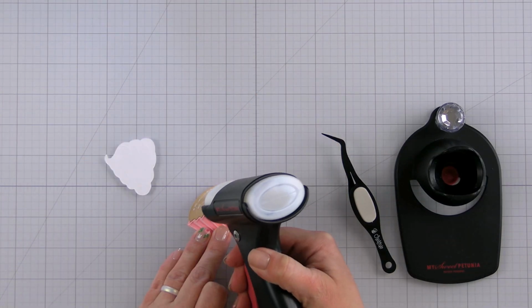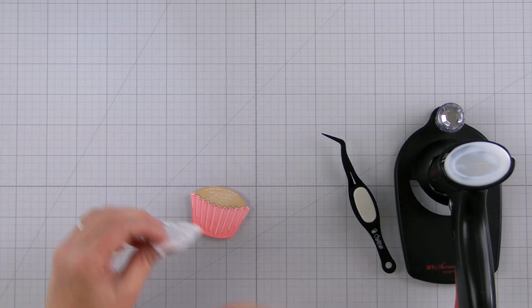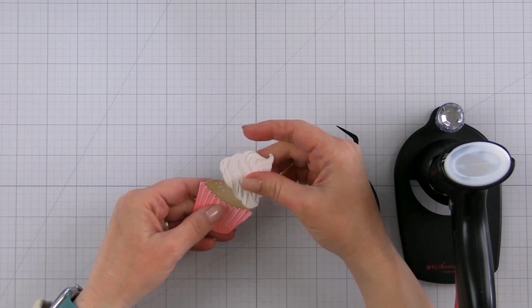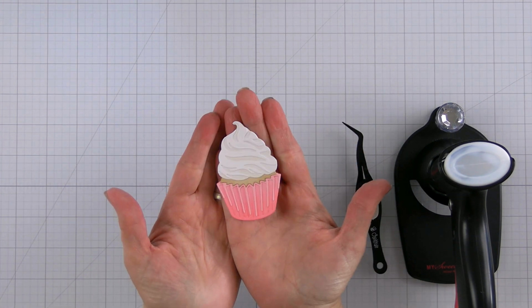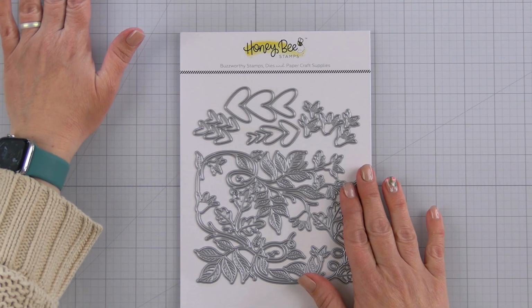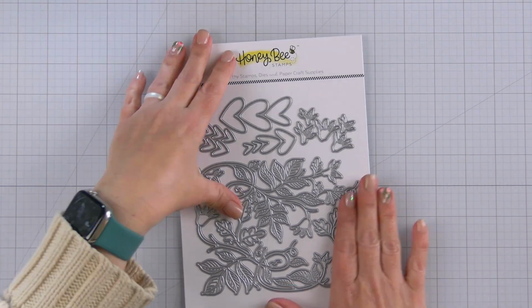Next, I will add some glue here to the top of the cake, but I'm not going down too far because I don't want it to smush out from underneath the frosting. And then the frosting just layers right over the top of the cake. Super cute and easy layered cupcake. Love it. I'll set that aside for now, and I'm going to cut out the bold background Vines of Love